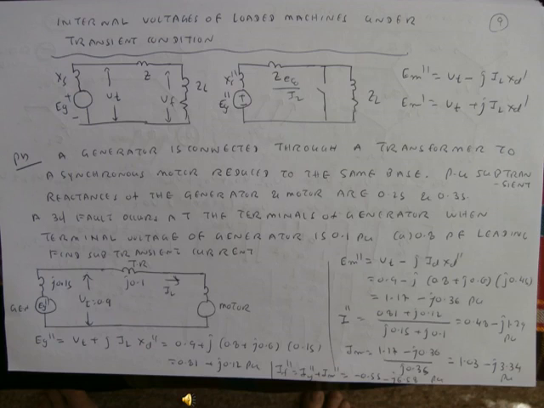Now, looking at the machine, the internal voltage EG is set down with V_t and the low impedance Z. And now the sub-transient E_g double dash equals the equivalent Z divided by I. Now E_m double dash is V_t minus J I X_d, and E_g double dash is V_t plus